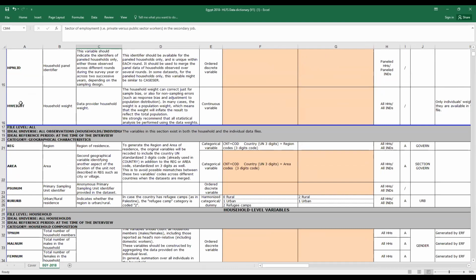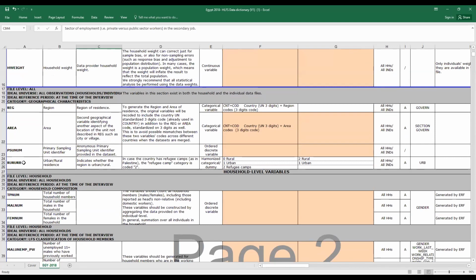In order to do any statistical analysis using, for instance, SPSS, you need to specify the weights in order to be nationally representative. Without the weights, it's only the sample. In order to get the sample representing the whole nation, you should use the weights. And it's usually there. You don't compute anything, it's usually there.